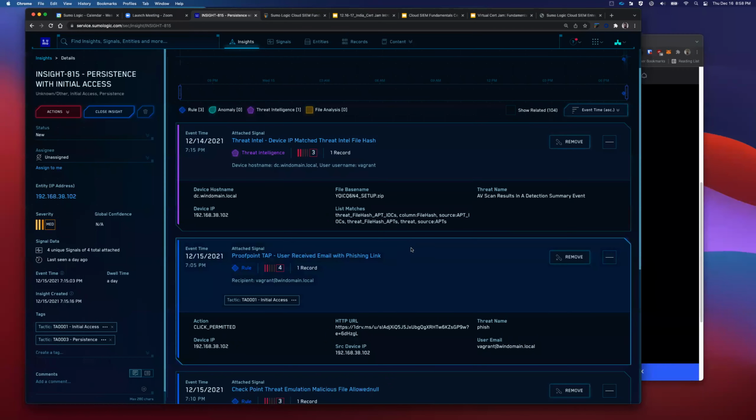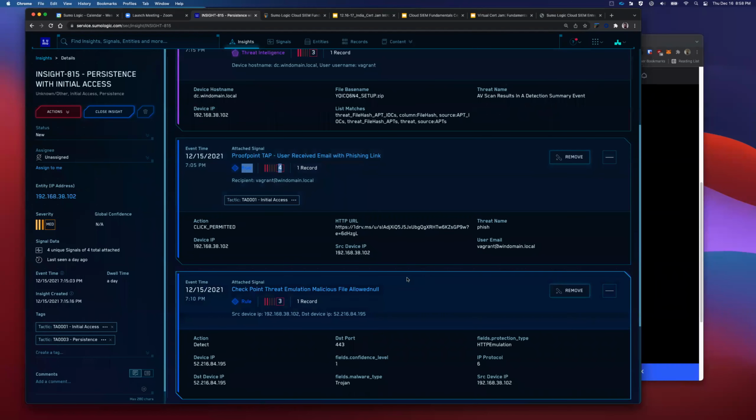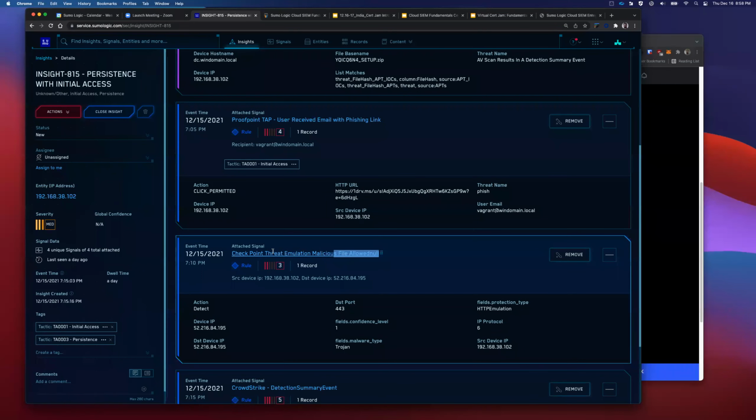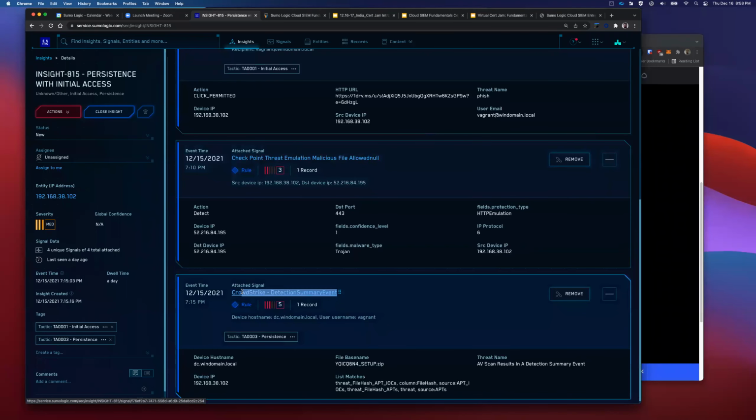But the story should still be similar in that the user received an email with a phishing link. A few minutes later, a file was allowed through the system. Then CrowdStrike, using the threat intelligence, detected that a zip file with a malicious file hash was occurring.